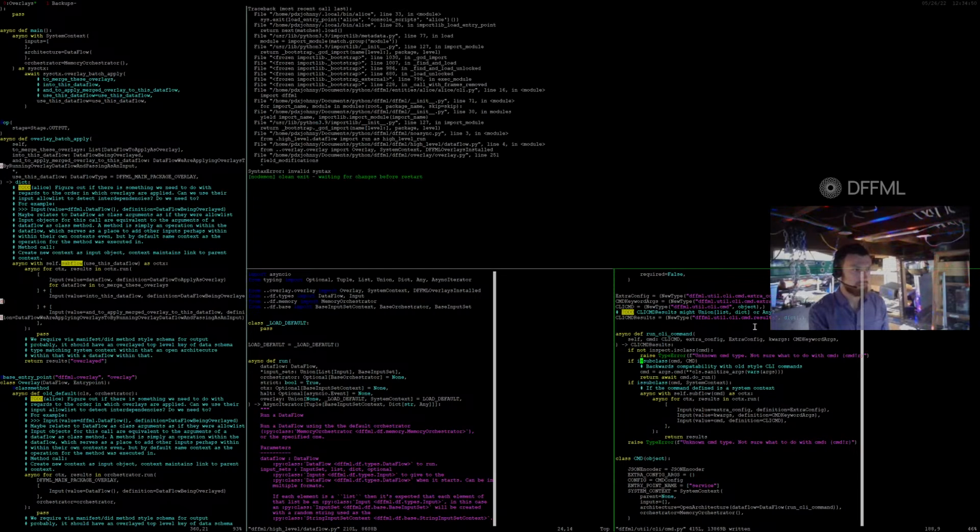Okay, so we needed to fix this up to make it the same. So basically, we're going to do a check. First off the bat, when we get into this run CLI command, make sure we have a class. If we do have a class, check if it's a subclass of a command. If it's a subclass of a command, do the legacy stuff. If it's a system context, do the new stuff, right? So if we're doing a system context, then we're going to create a subflow within which we'll run the system context. And so we should be able to use our